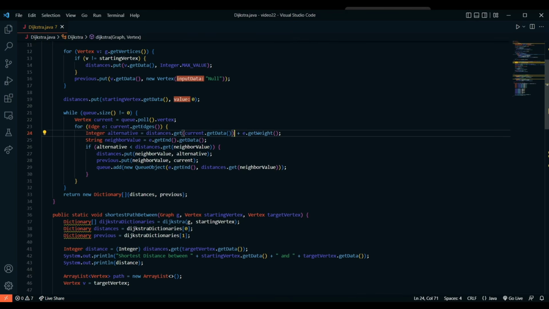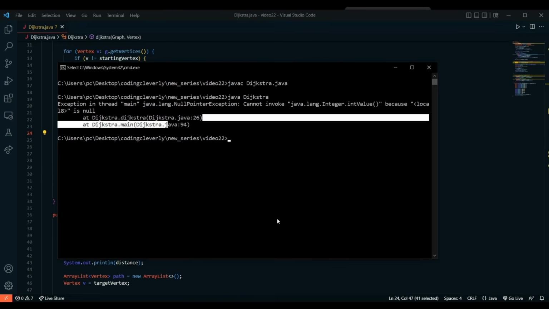So it was going to give us the value of that current data. It's just going to be an integer here, and then that was going to be added with the edge.getWeight, so that will also be an int. So both of these ints added will result in this alternative value. So now it's proper, and if I run the code now,